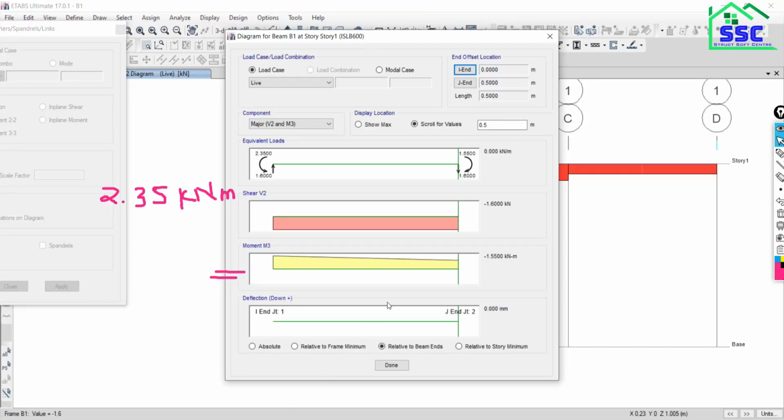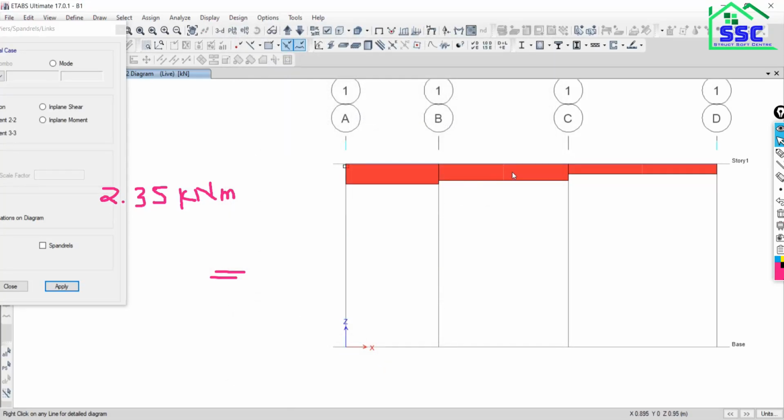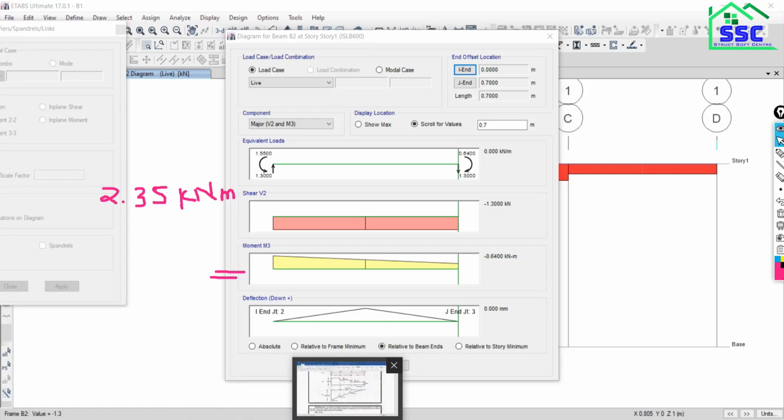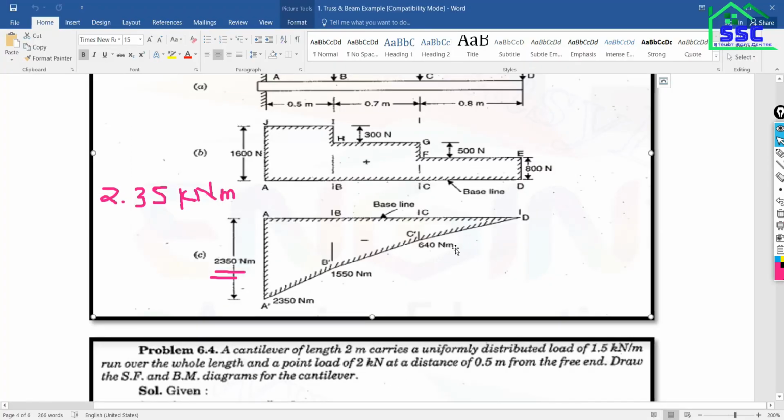Now close it. Right click on the second part of the beam. When you right click on it, it shows that the left side is 1.550, which is okay. On the right side, it shows the moment as 640.64 kilonewton meter, and in the table it is 640 Newton meter.